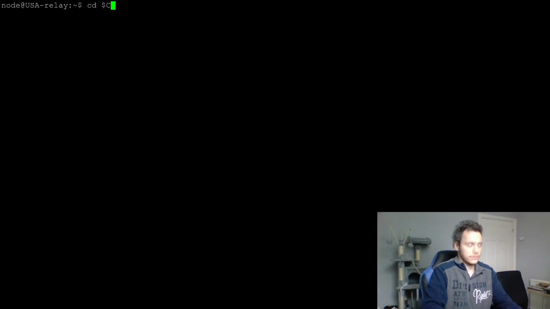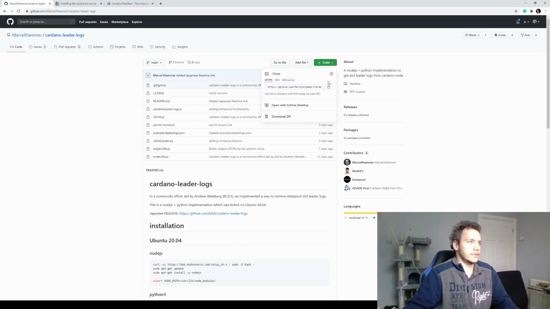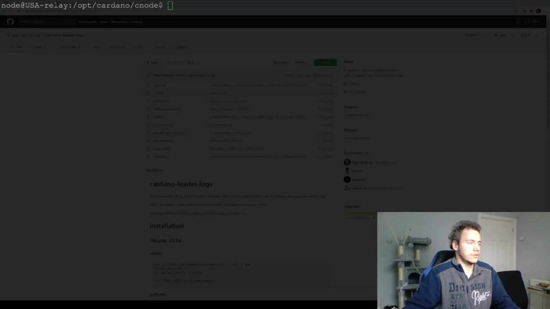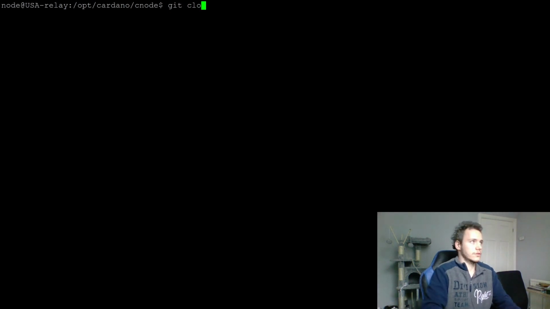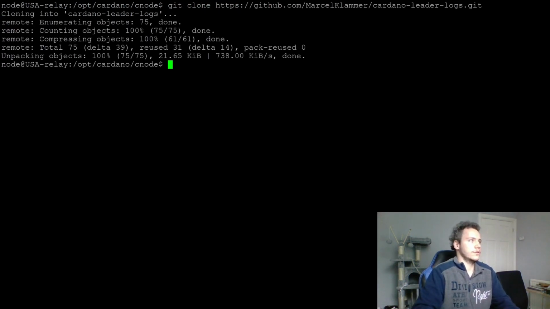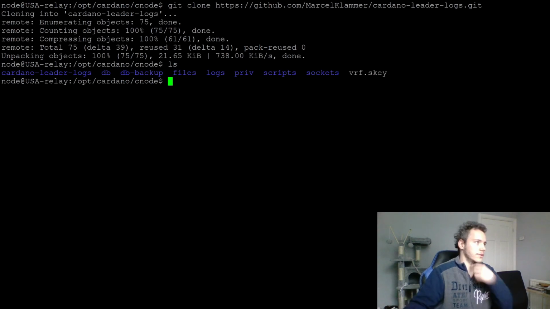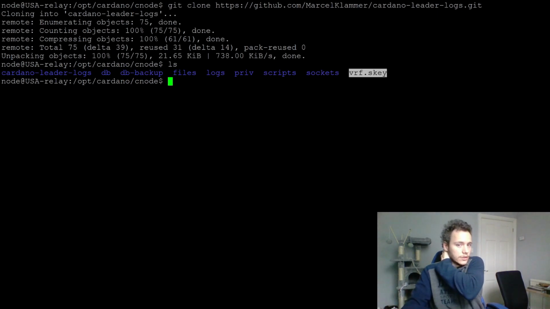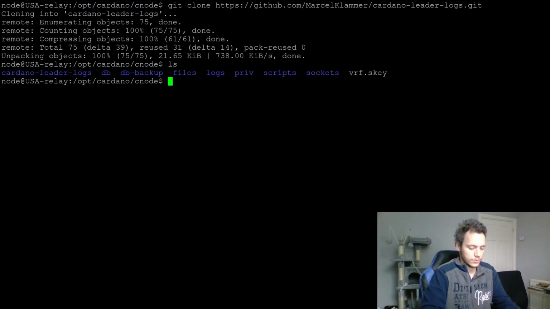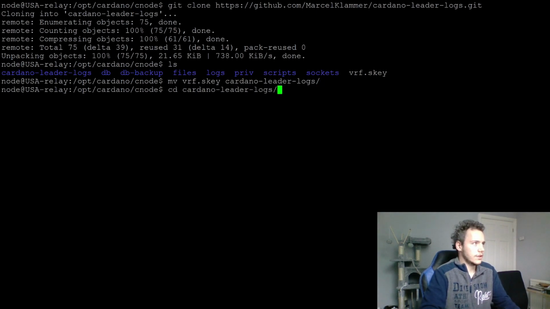So I'm going to clone the repository into my CNode folder, so I can just take the code for cloning, and I do git clone and the git folder. So here we have the Cardano leader logs now, and you'll notice that I also have my VRF key here. For the tool you need the VRF signing key of your pool for it to work. So I'm going to move that VRF key to Cardano leader logs, and if we go inside,